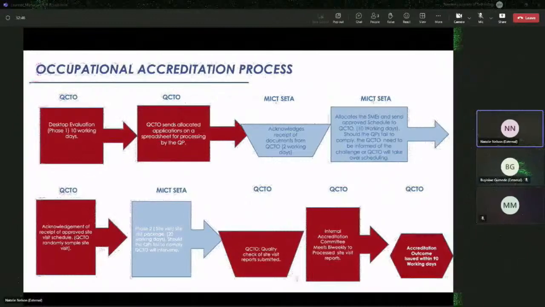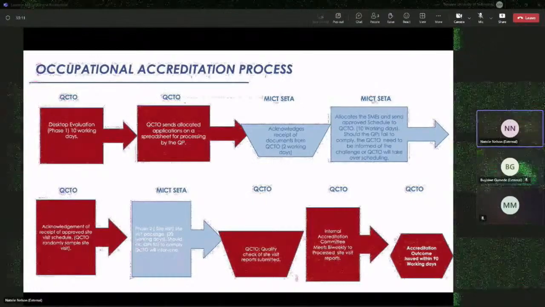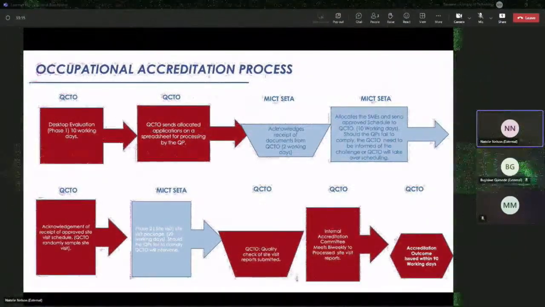The QCTO then specifically have their own internal process, which includes the sitting of the accreditation committee or the evaluation committee, and they ultimately make the final decision around your accreditation. And this is because we are the quality partner. We have made the recommendation, but ultimately they are the custodian for your accreditation. And that process, all in all, is mapped to be a total of 90 working days.